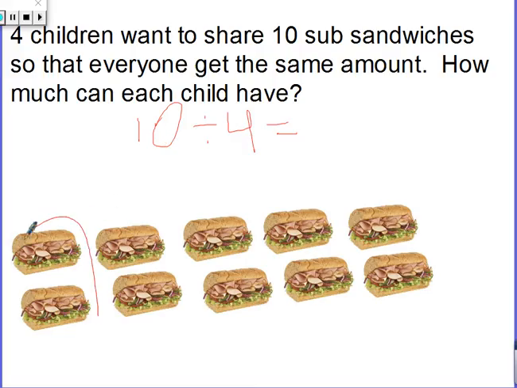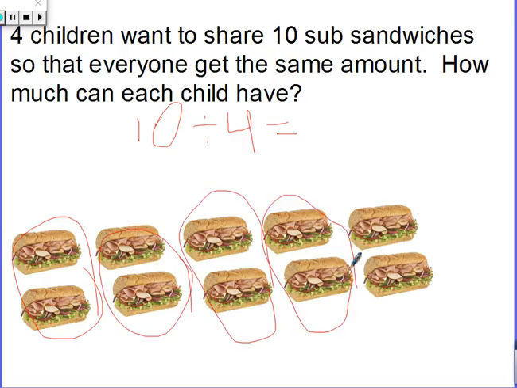Oh, but there's 2 left over. Well, if I have to make 4 equal parts, I can just divide them into half, and each one will get a half of a sandwich. So each one's going to get 2 and 1/2. That makes sense to me, especially when I drew it out. All right,